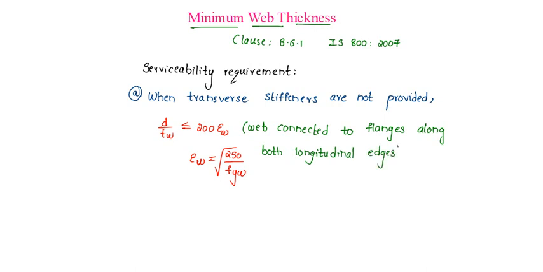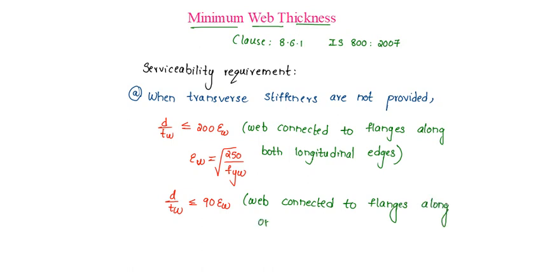whereas d by tw should be less than or equal to 90 times epsilon w when the web is connected to flanges along one longitudinal edge only,